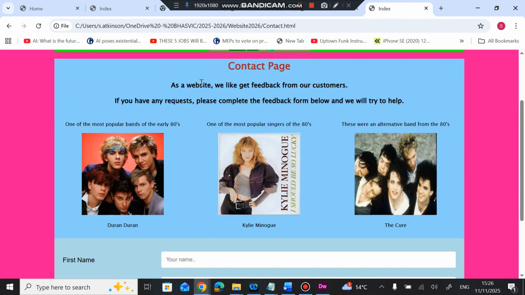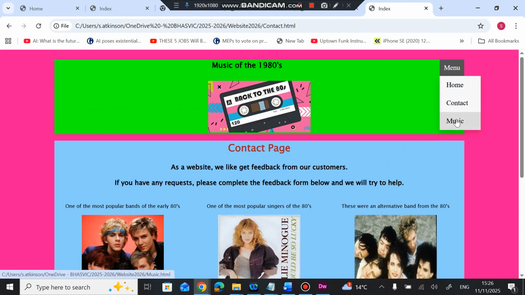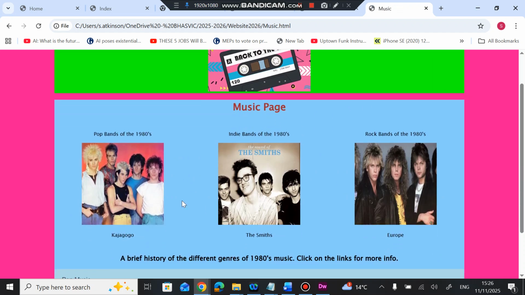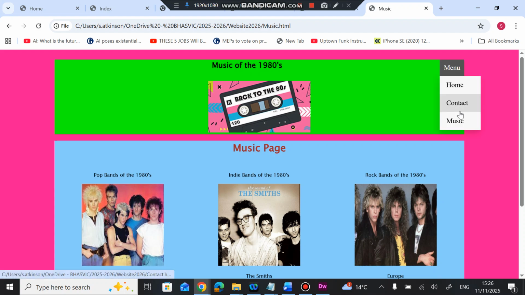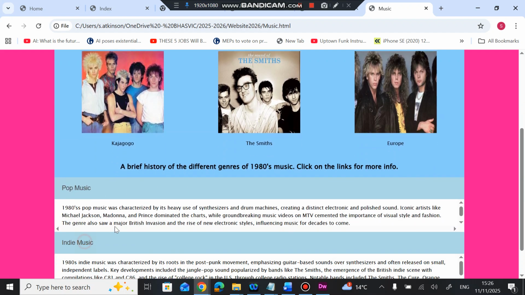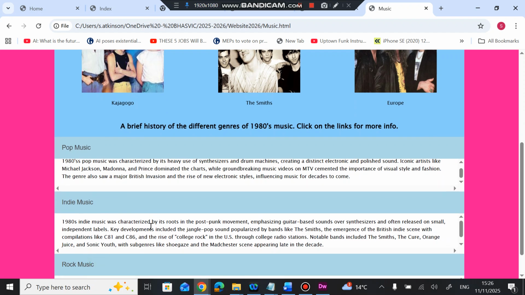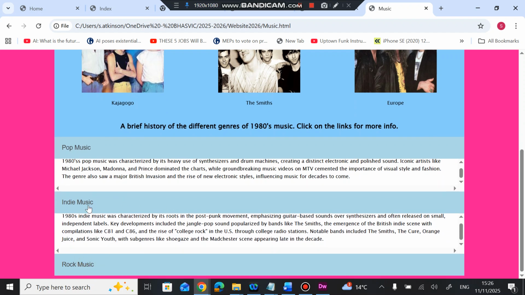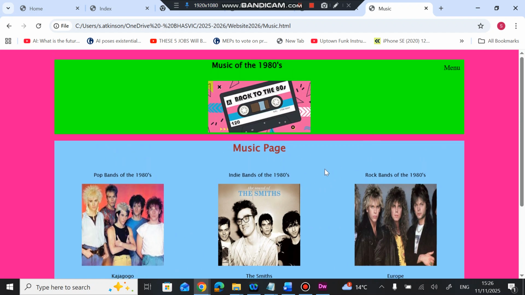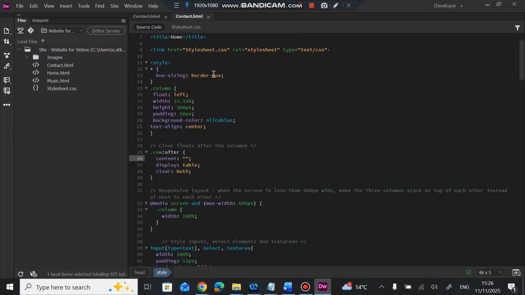The only difference is that I have changed this to music page, but it's got exactly the same kind of layout, and underneath it has this accordion, which is what we need to look at doing as well. So if you have decided to make your pages consistent, this will save you time, because